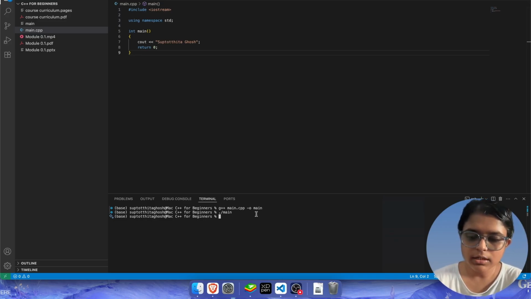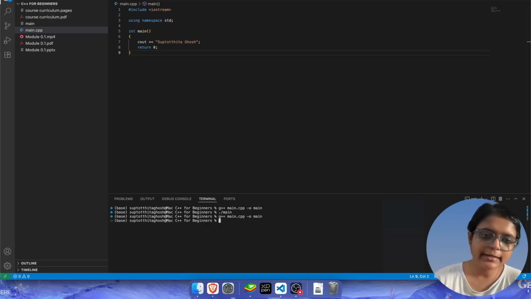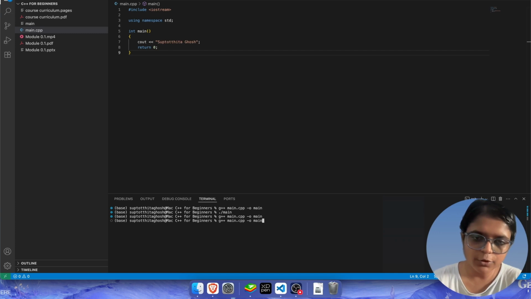press the up arrow on your keyboard. In the bottom right side of your keyboard, there are the up, down, left, and right arrows, right? So you can press the up arrow and you will get the suggestion. The last command that I executed in the terminal was dot backslash main, right? And before that, it was g++ main.cpp and so on. So this is what I need for compilation. I'll choose this and press enter again. Compiling is done again. And then we want to execute it, so I'll go with dot backslash main.